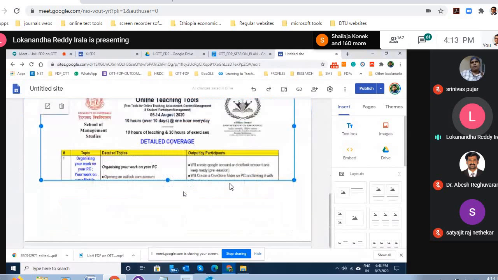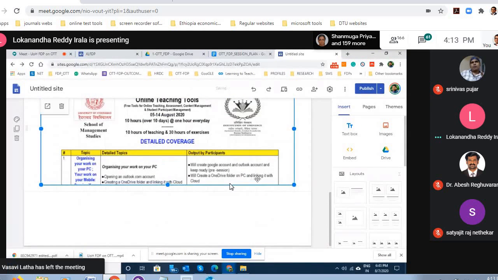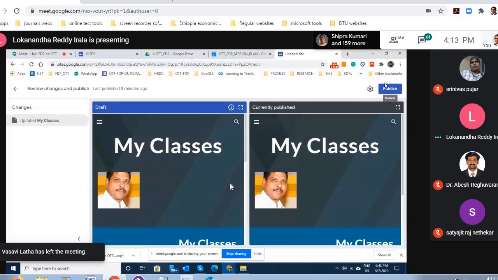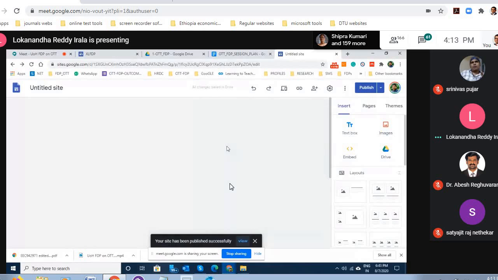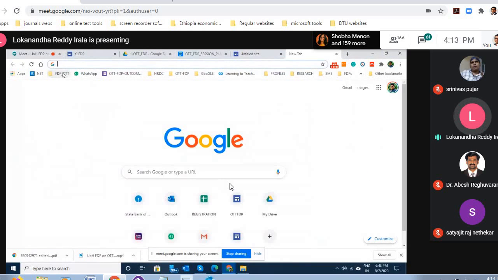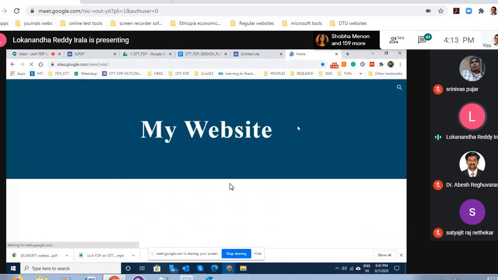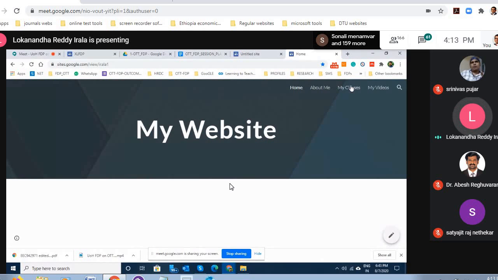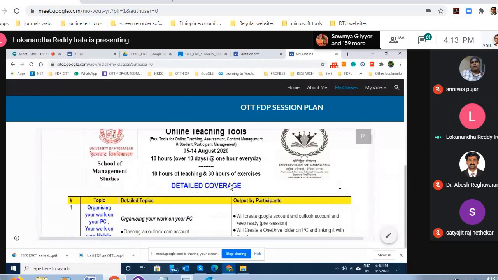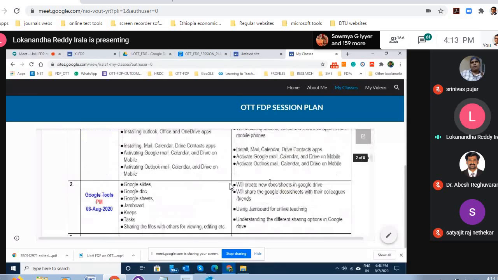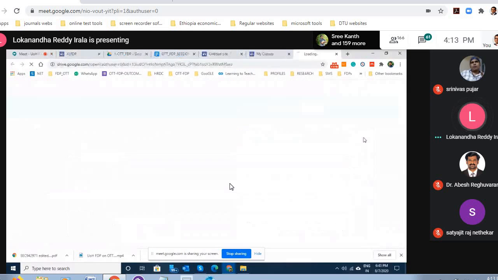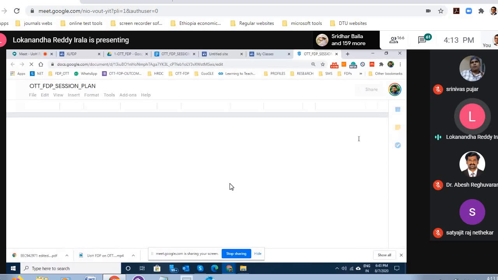So this file is inserted here. And if I publish this, right, now in the view thing, everybody is able to see this information under my classes. This is visible to them. If they want to just scroll down, they can do it this way. And if they want to open this into a separate window, they can open it into a separate window